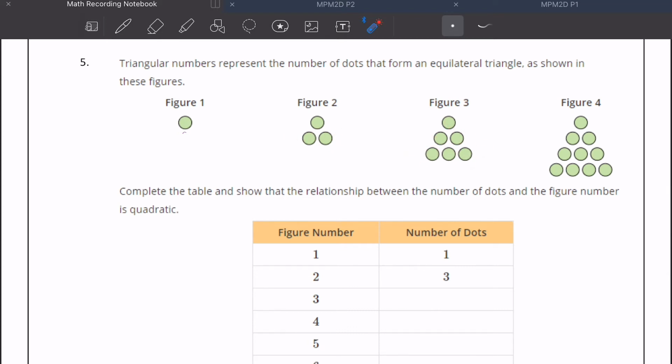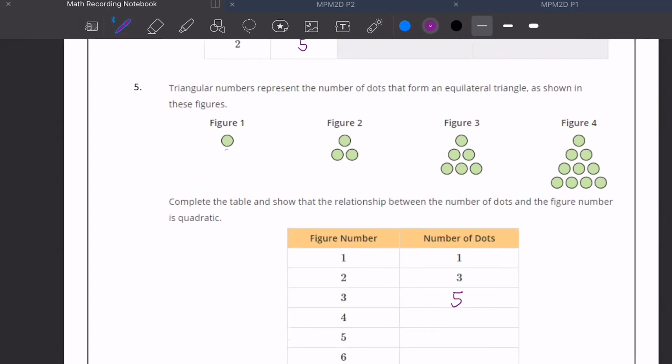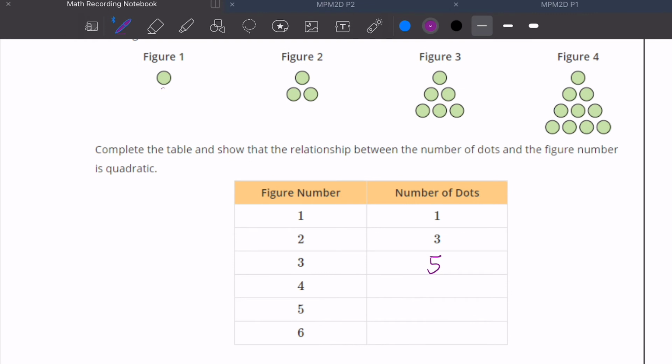So there's 1, 2, 3, 4, 5 here. And in figure 4, you have the same from figure 3, but now they're adding an additional 4. So 5 plus 4 gives us 9. Figure 5 is going to add 5 at the bottom. So you're noticing they're just adding another stack to keep this becoming a larger triangle. So 9 plus